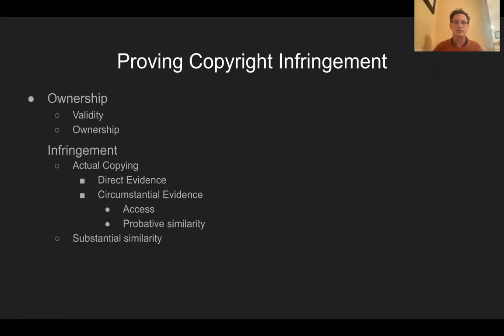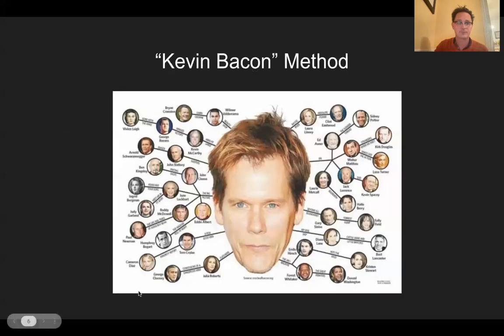Okay, so in order to prove copyright infringement, the two key elements that we're going to be focusing on are actual copying, which is, did the alleged infringer, did the defendant, do the kind of thing that could make them a copyright infringer in the first place? And then substantial similarity: did they actually create a work that was sufficiently similar to the plaintiff's work, because of the copying of protected elements, that their work is actually infringing of the original?